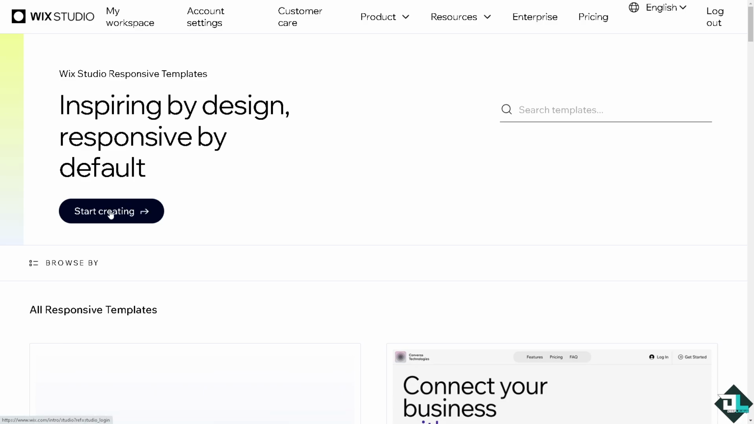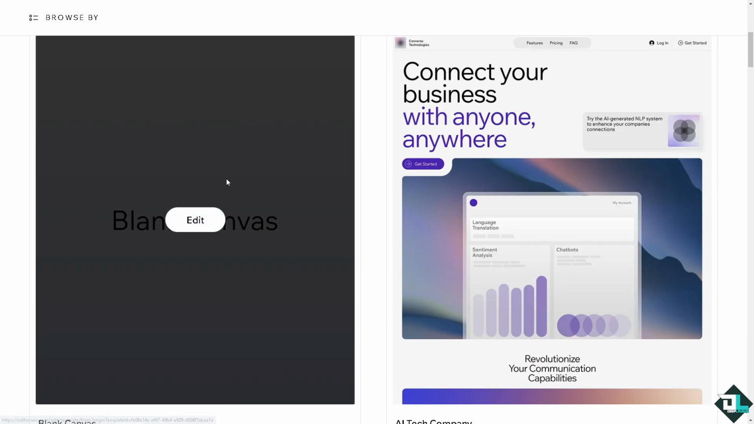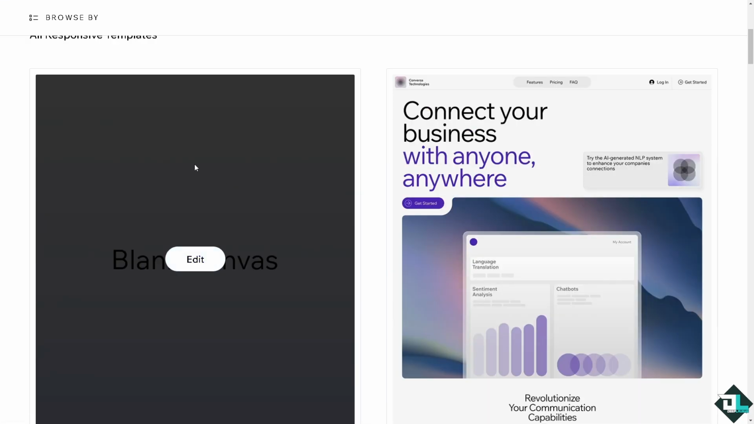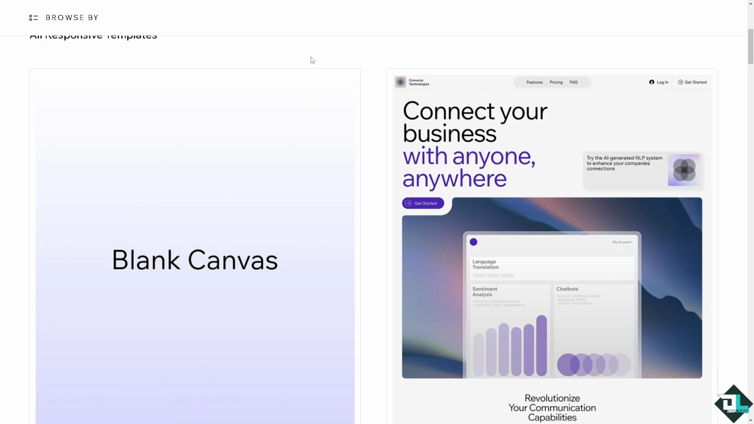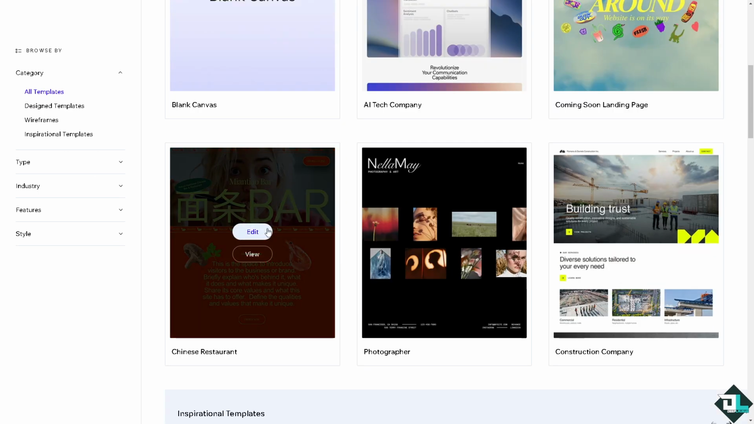All right, another option that you can do is maybe delete everything and create a new page by going to the Wix Studio, and these are going to be all the responsive templates. You can start from the blank canvas. You also have the pre-built canvas that you wanted, so there's a lot that you can choose from. For example, this one. I'm going to edit,